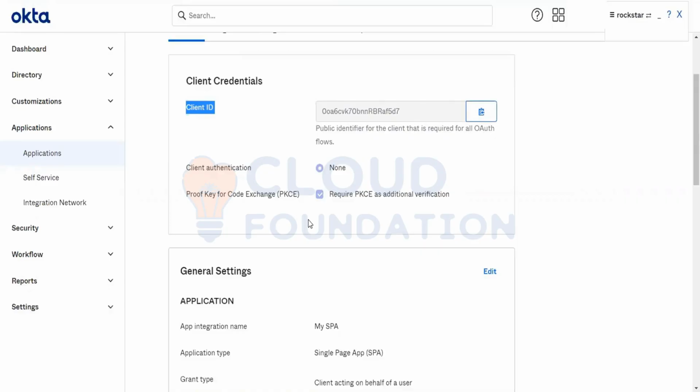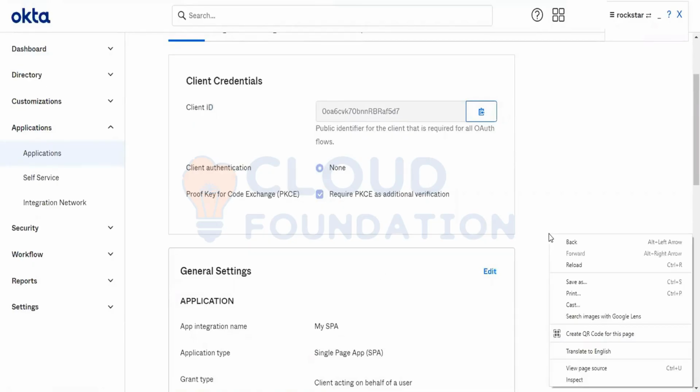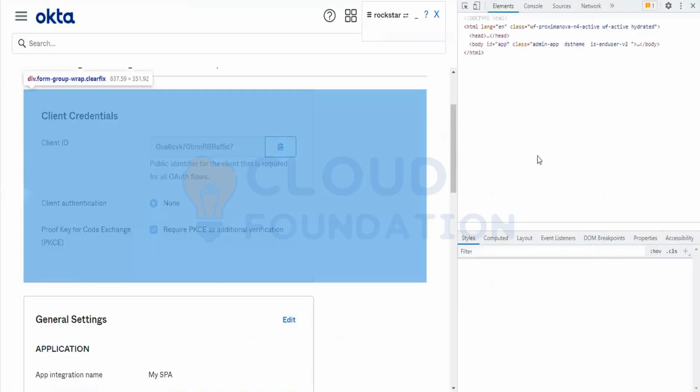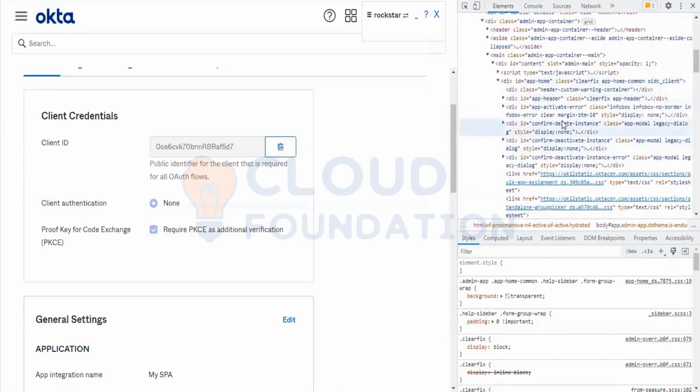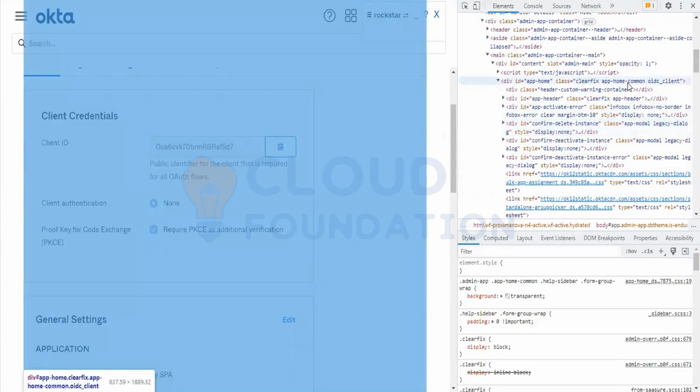But if it is a single page application, that single page application can be viewed by anyone. That coding can be viewed by anyone. How can you view the HTML pages? Click inspect. You will get all the HTML code here. Likewise, if you store this client ID and secret here, any end user, even if I don't want it, if I have this kind of option, I can get the client ID and secret, and I can integrate with Okta, and I can get